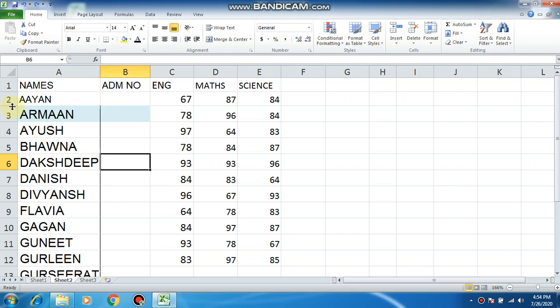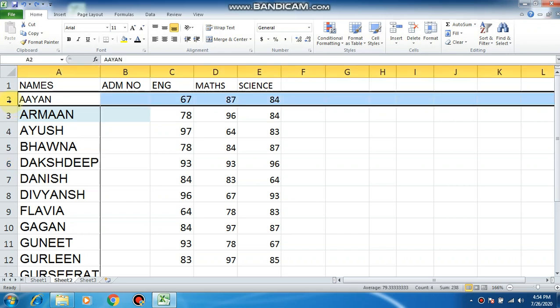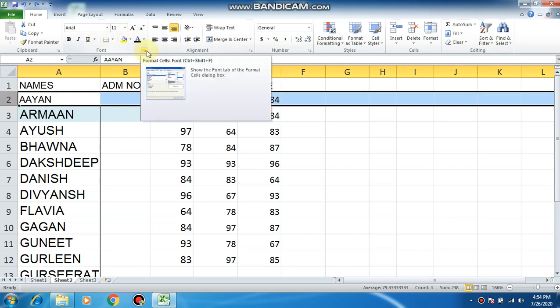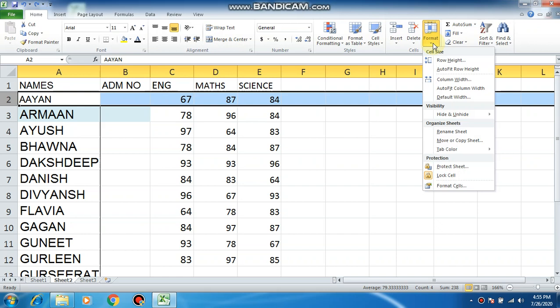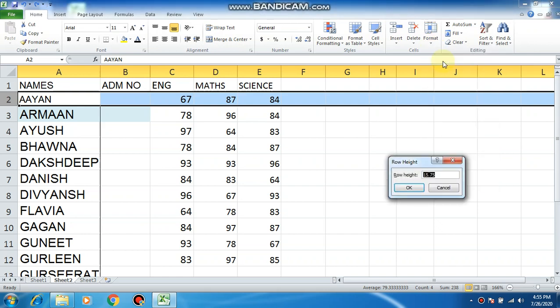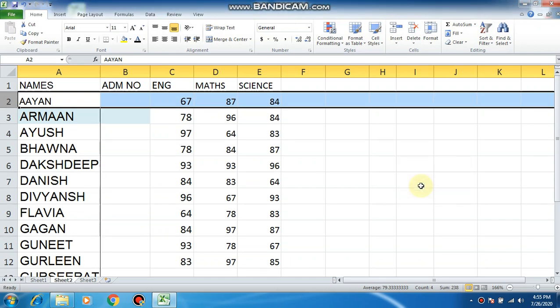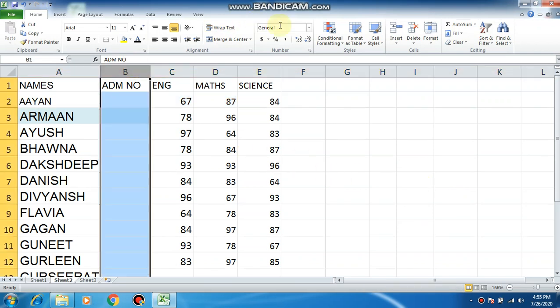or you can select the whole row and in the Home tab you click on the Format. In Cells you can click on the Format button, in which you have the row height. By default the row height is 12.75. Here it is showing 15 because I have zoomed the worksheet. So I can increase this row height to say 18 maybe, and if I click on OK, my row height will be increasing. Similar is the case if you want to increase or decrease the column width.